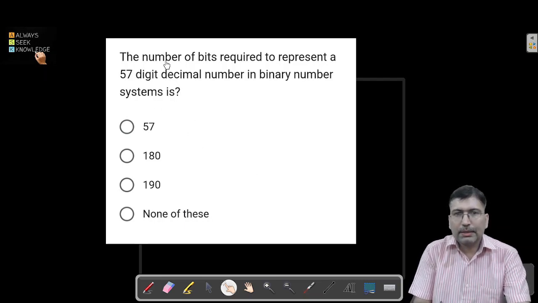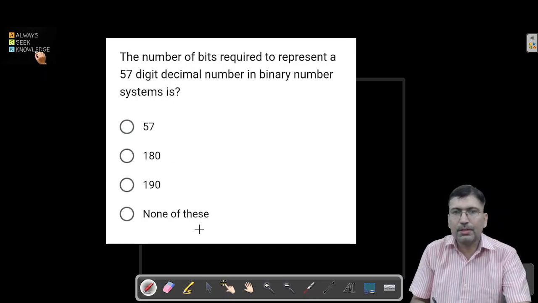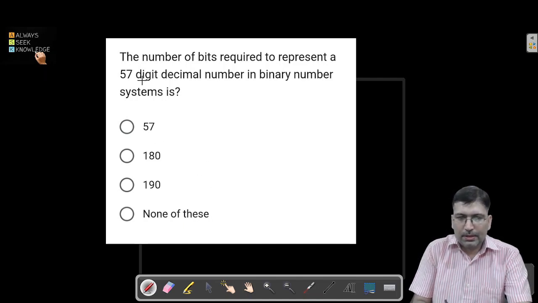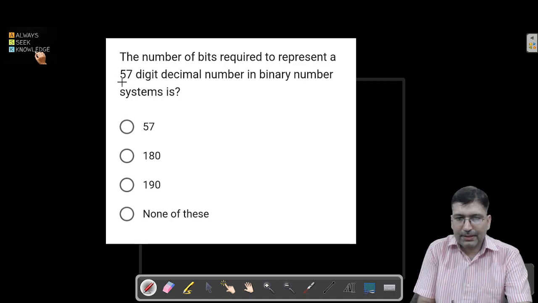So in this lecture I'm going to solve this question. One of my students has asked this question to me, so let's have a look at how we can solve such kind of questions. It is asking the number of bits required to represent a 57-digit decimal number. So a 57-digit decimal number means a decimal number of 57 digits,